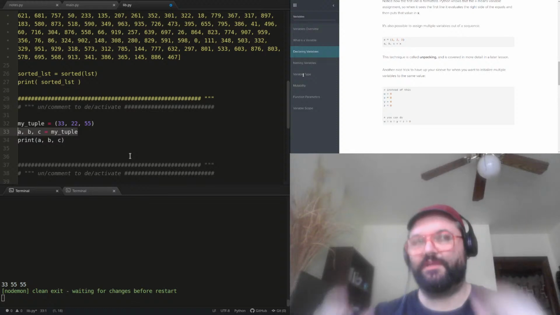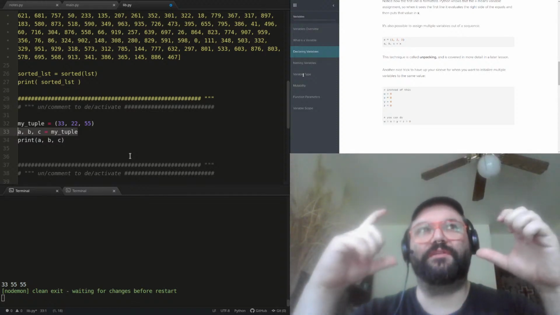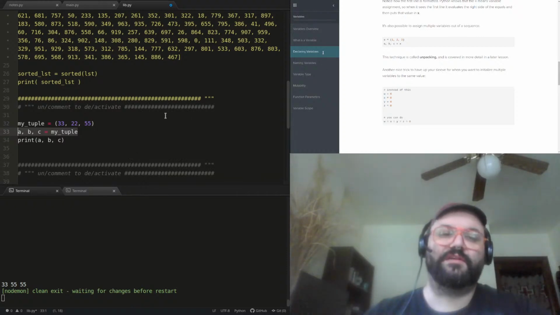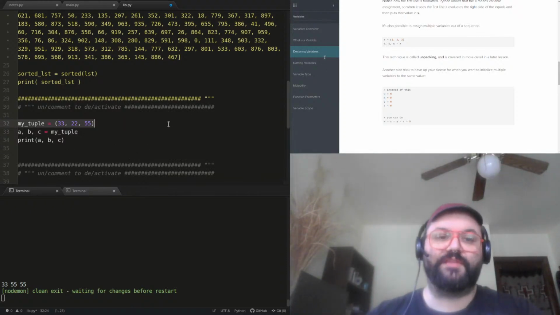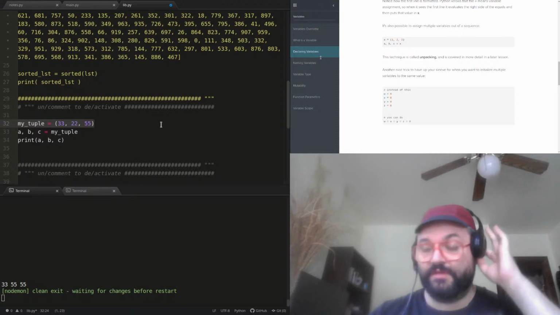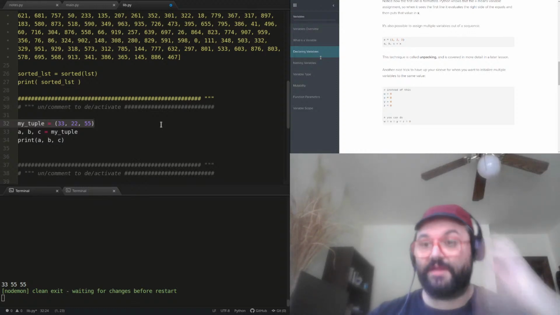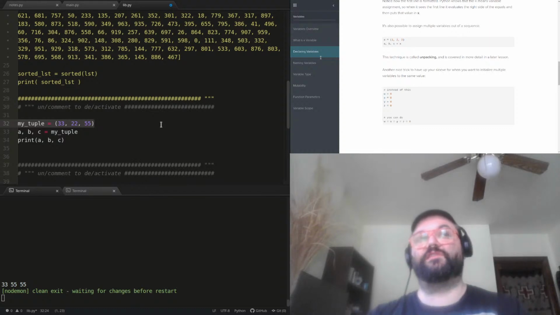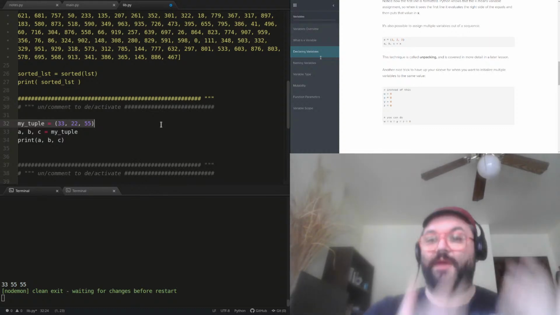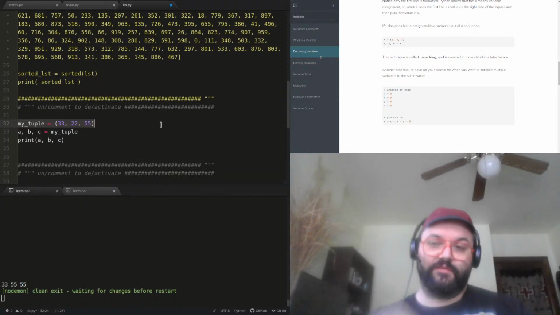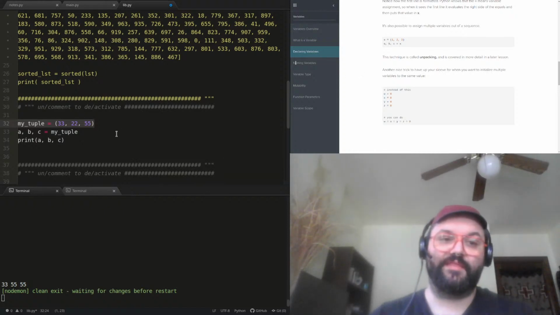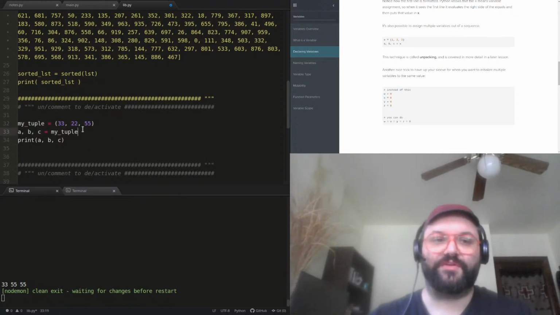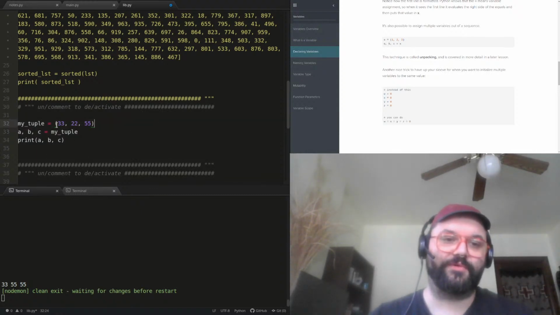You're saving yourself lines, but you're writing denser and denser lines. Where this is useful is when you have something that's already basically a tuple that's already built up, and you know there's 3 things in this tuple, so you want to unbox those things into their own elements for your convenience, and then this is really useful. So it's important to know that it exists, but you don't have to do things this way. In general, if I wanted to make these variables, I would do something more like